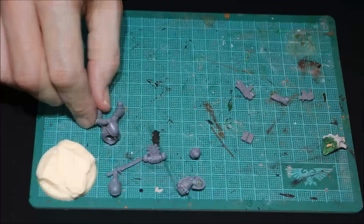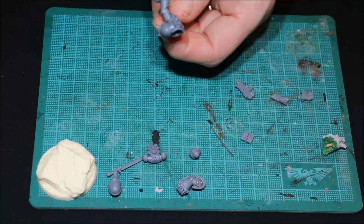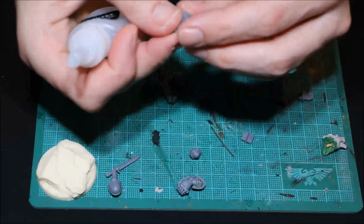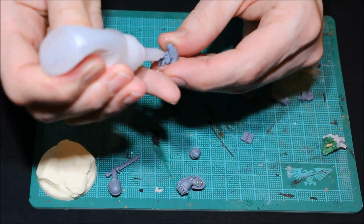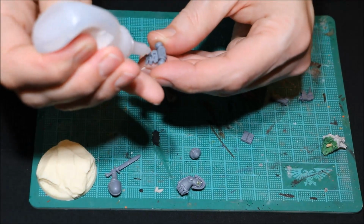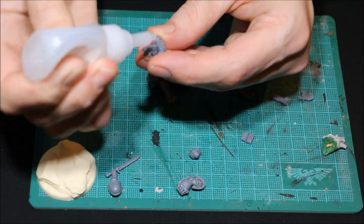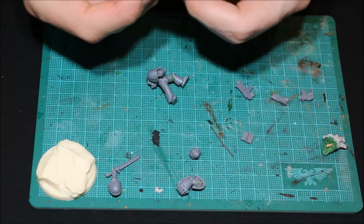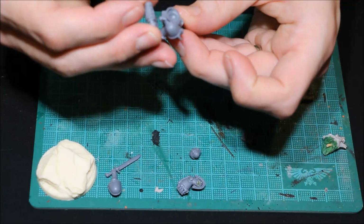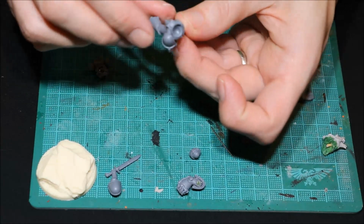So I put those two aside and the body to dry, and then we'll have a look at the next stage. Okay, so the next stage I'm going to put on the backpack. So I've got my backpack there. Just going to again use some plastic glue for this. Onto the hole, and then usual thing, pop it into position first,